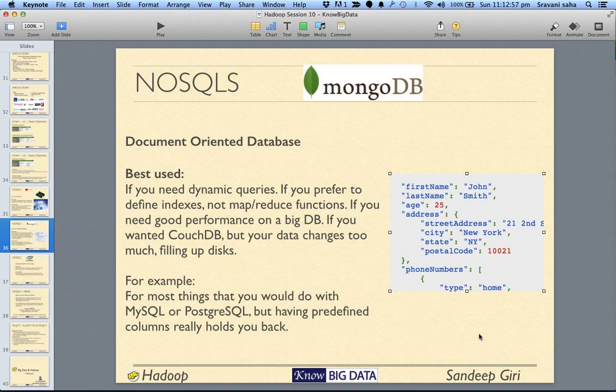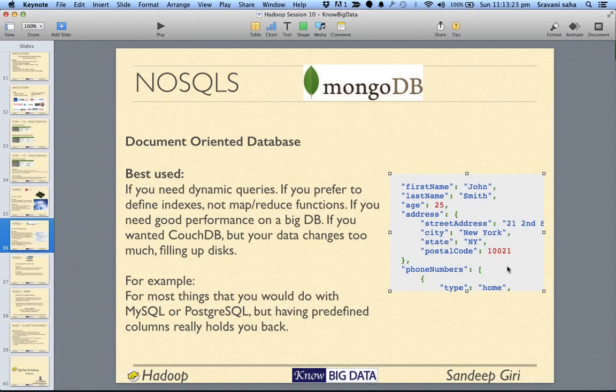So it is always a JSON object. And you can create indexes on these objects, saying please create an index on address dot street address, so that you can say select star from these objects and get me the objects where address dot street address equals something.